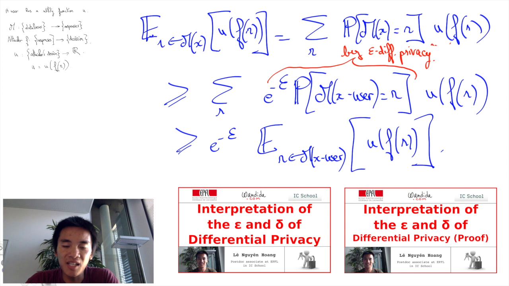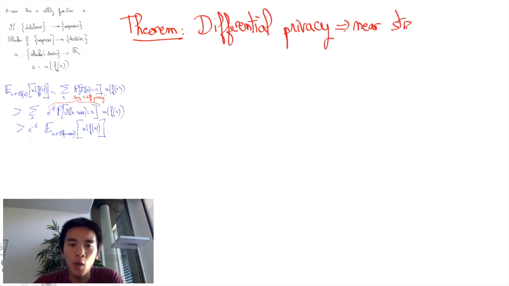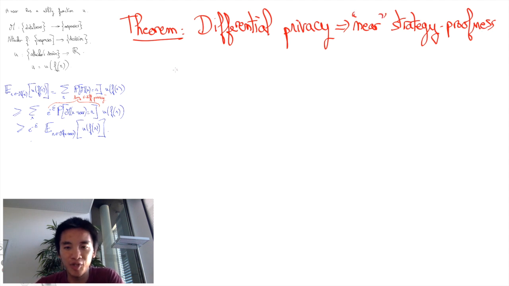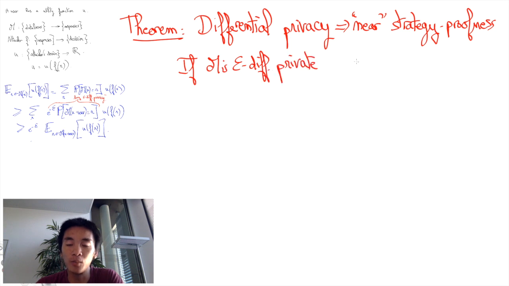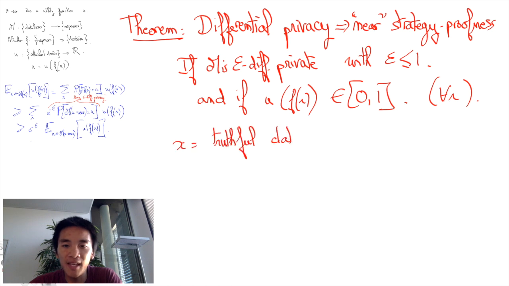This mechanism has interesting consequences for game theory in general, and mechanism design in particular. Namely, differentially private mechanisms are mechanisms for which any agent's action will likely have no significant effect on its utility. And interestingly, this implies that for differentially private mechanisms, truthfulness will be an approximate Nash equilibrium. More precisely, if M is an epsilon differentially private mechanism with epsilon at most 1, and if utility functions are bounded between 0 and 1, given that by misreporting the data, any agent transforms the truthful database X into a